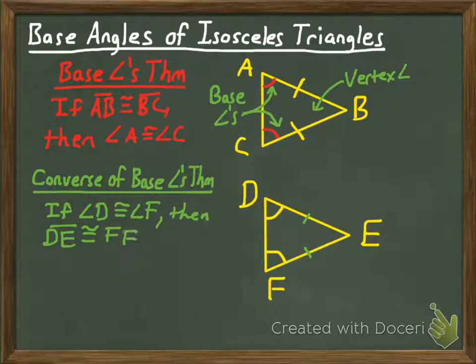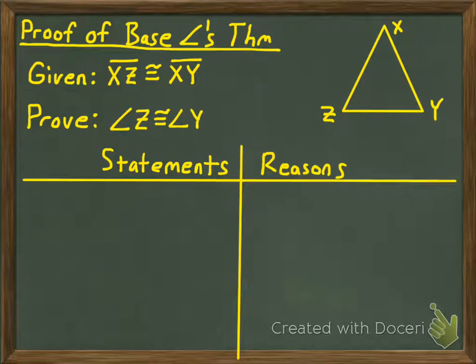All right, now I said we're kind of moving past the part where we're proving that triangles are congruent, but I want to show you why we cared about learning how to prove that triangles are congruent. It helps us prove little facts like the one that I just showed you in the base angles theorem. And because of that, I want to show you the proof that the base angles theorem works. And so I'm trying to show you that if a triangle has two congruent sides, it's also going to have